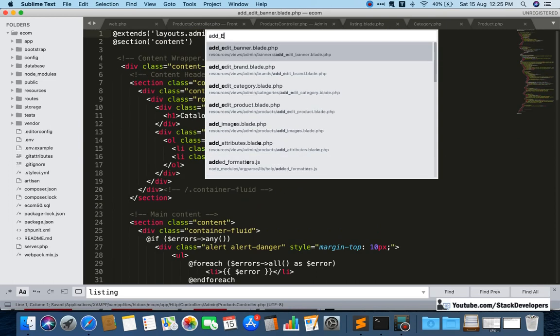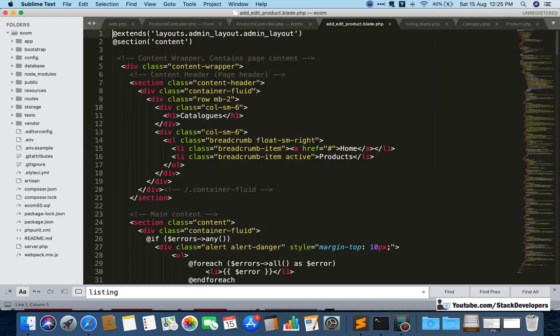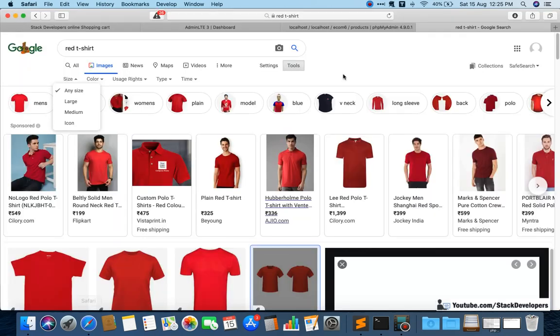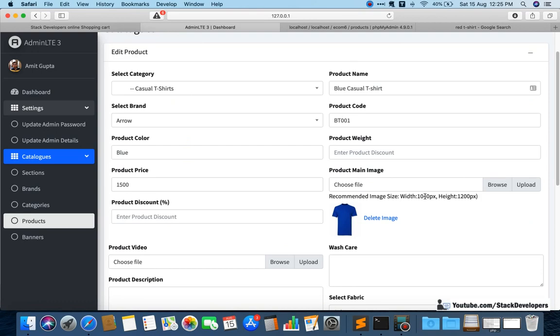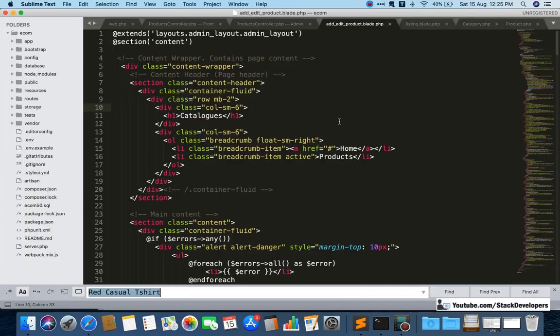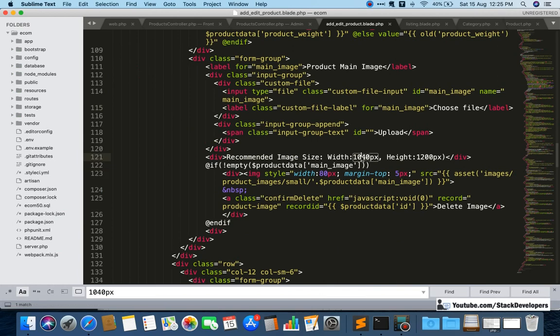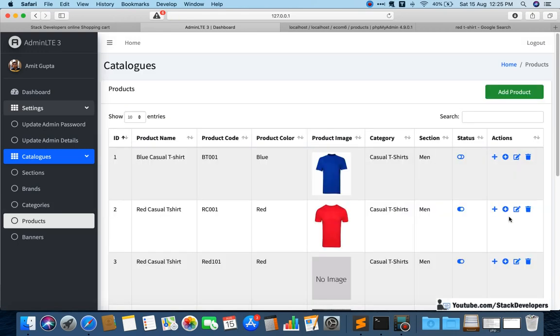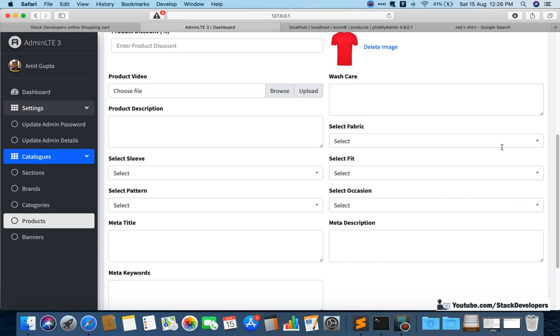I can make the same change in add edit product, and add edit images as well, where we are adding the images. Okay, so here also 1040, I'm going to search 1040, and here I can make 1000. So it depends upon you what kind of products you have and what size you want. Okay, so don't go with me, you must do it on your own. See, 1000 to 1000.